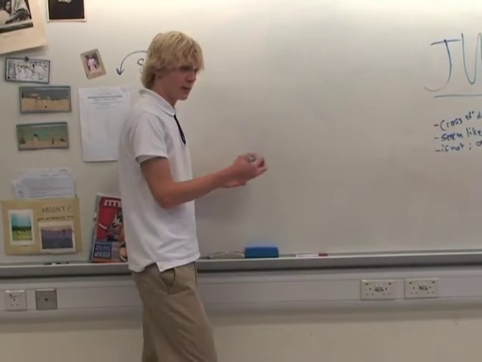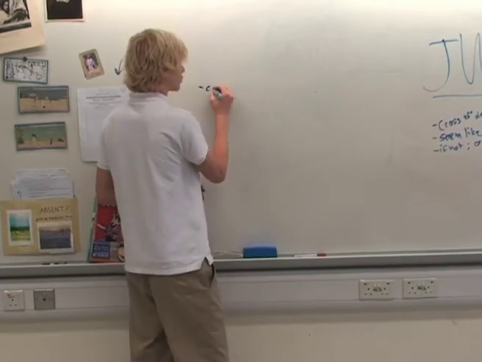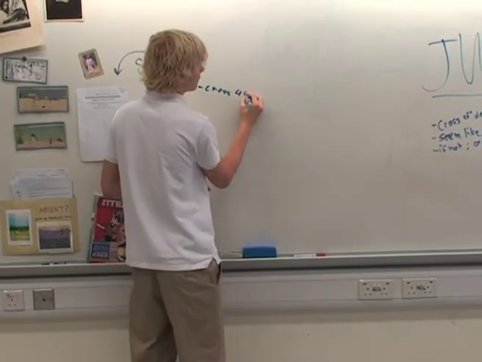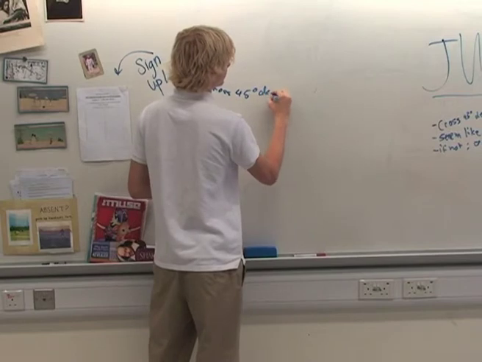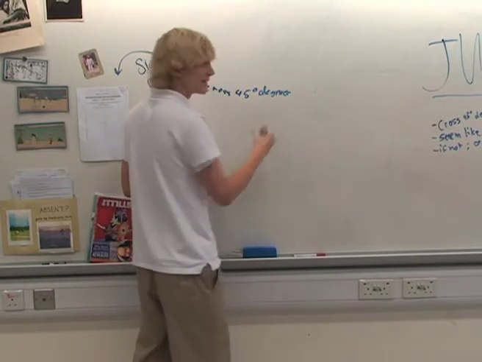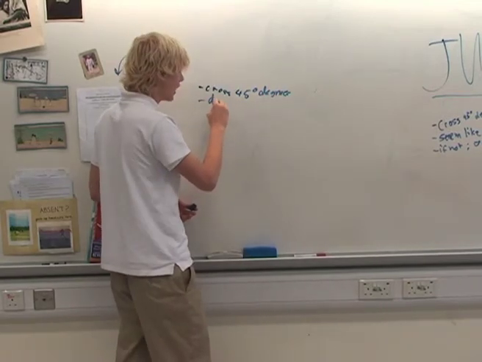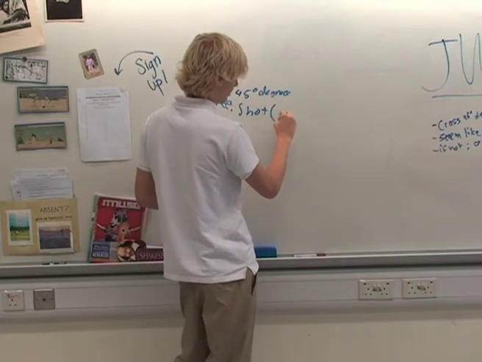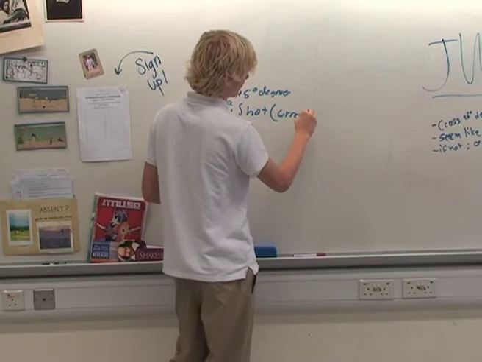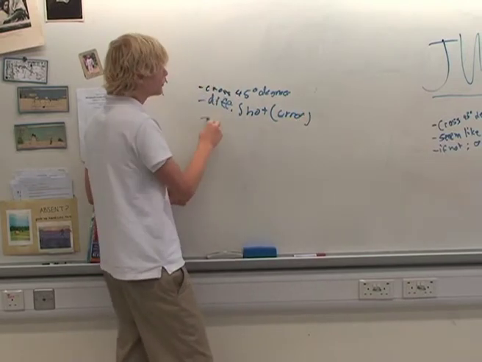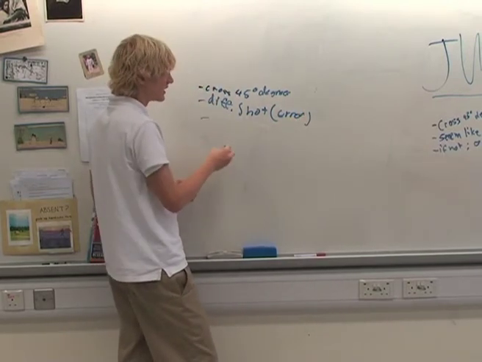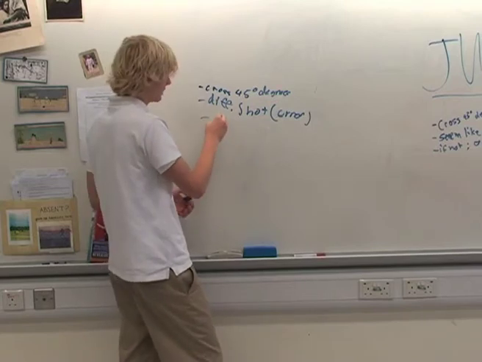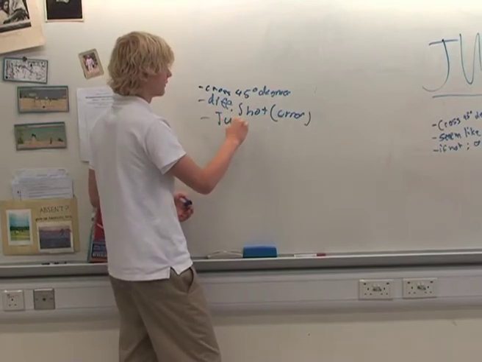Okay, Eric, so for a jump cut, you have to cross the 45 degrees to make it seem like it's a different shot, or else it would be an error. If you don't cross it, it's going to be called a jump cut, which is